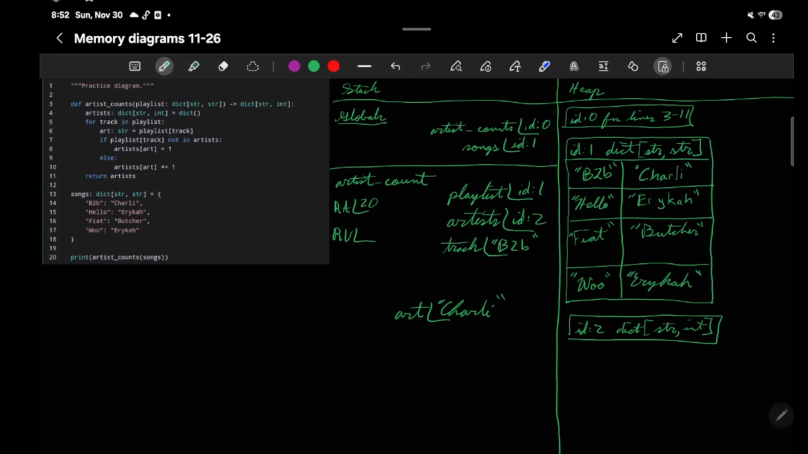So what we're essentially saying is, hey, take playlists at track, which is Charlie, and look through all the keys and check to see if it's one of those keys. That's all it's asking. Well, there are no keys or values in this dictionary, so it is certainly not in artists. So what do we do? Well, we create a new key value pair. Remember, this is how we create a new key value pair. We specify what we want to be the key and then the associated value. So artists at art,